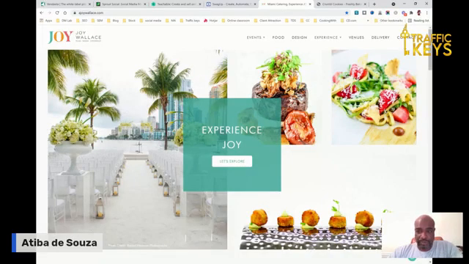Nice site, beautiful. I actually know the people who designed this site. Button right here, let's explore, experience joy. But let me ask you, what does she actually do? Does experience joy tell me, make a prompt to me about what you actually do? How am I going to experience joy? Right? Because